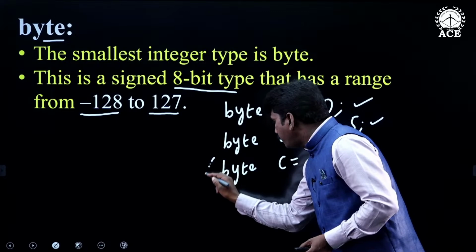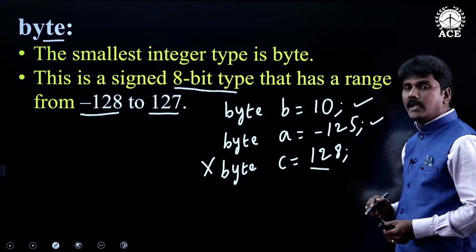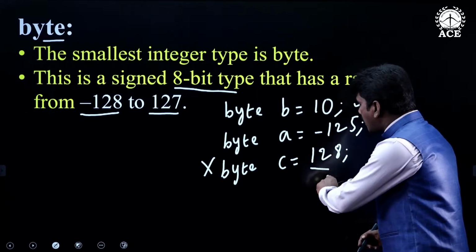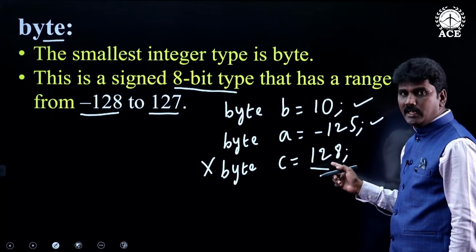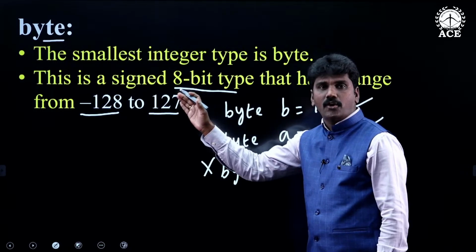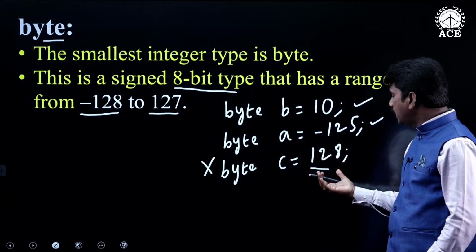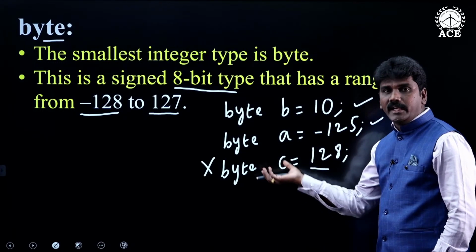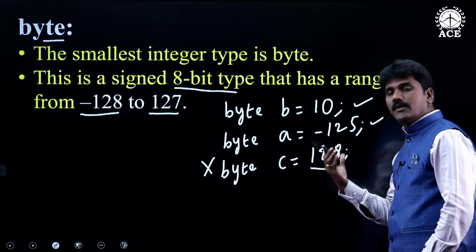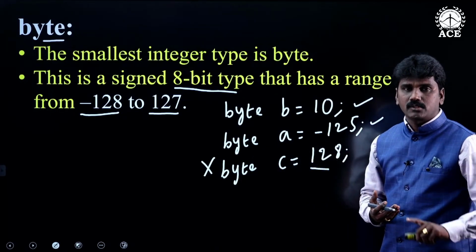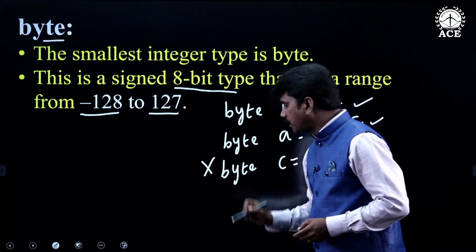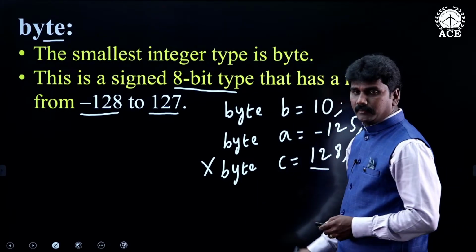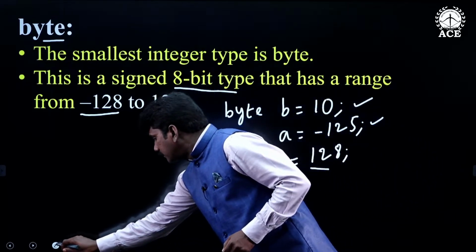But whenever we consider byte c is equal to 128, this is not the correct way, because the value 128 is beyond the range of byte. So here expected or required is byte but provided is integer. That type of error is going to be raised. So it should not be this way. Next,